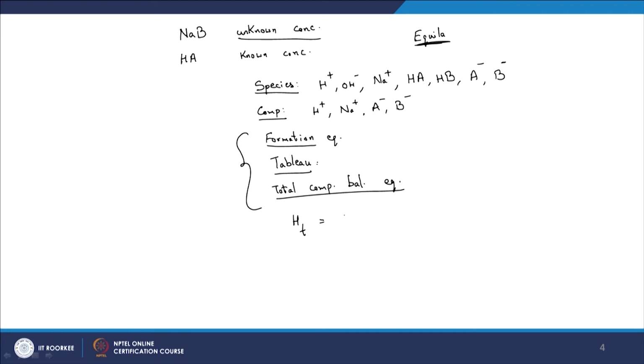So at this stage we can skip these three aspects and let us write down H total. H total would be equal to the concentration of H plus at equilibrium, that is the key here, minus the concentration of OH minus, right, plus the concentration of HA plus the concentration of HB, again the protonated forms of A and B, right. So we have this particular case. Again, what is H total equal to? We want to transform this equation, or remove those variables which are irrelevant to us and substitute them with variables that are relevant to us.